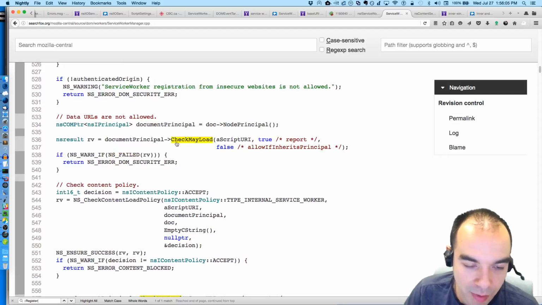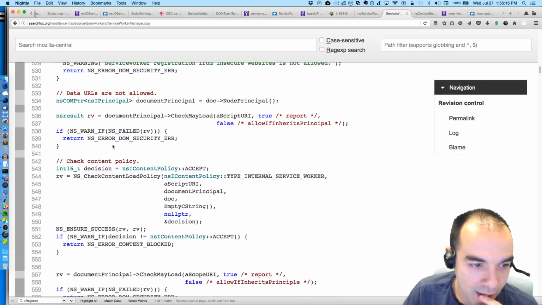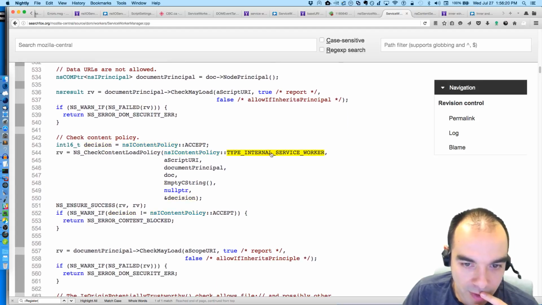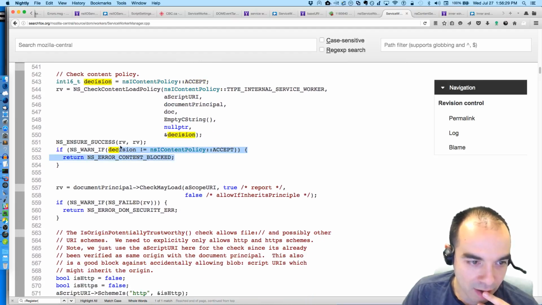That's like a content policy thing. I don't know what this is. We just make sure that it's allowed to load the script URI. Now we make a decision on content policy whether or not we can do service worker loads, I guess. And if we don't accept it, then we say that it's content blocked.